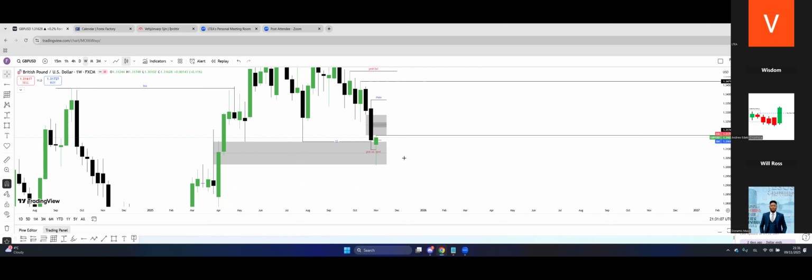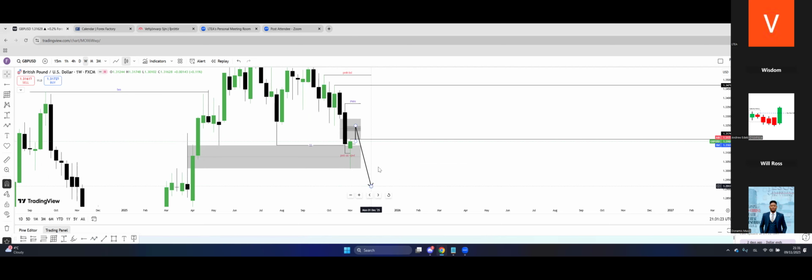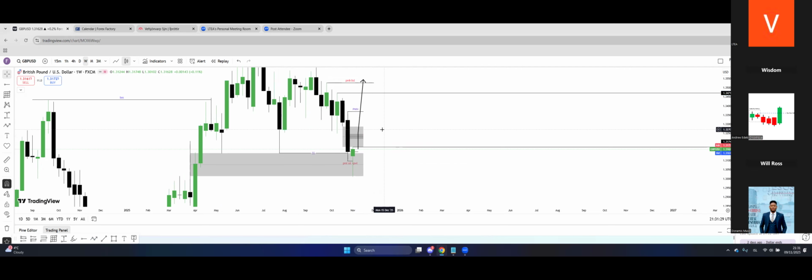So this can be liquidity for this inefficiency. And what does price need to do? Price can just trade into this area, take out this liquidity, rebalance this inefficiency, and continue going down. It can do something like this. Why? If it fails to give you the chance to continue going down, that means it's telling you that price wants to take this high or multiple highs all the way, because that is basically the story it's going to tell you. In every trade, there are always two options to read. Always two options to read. That is why we say